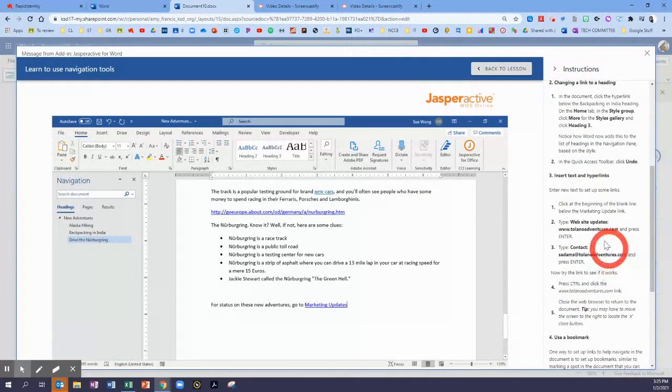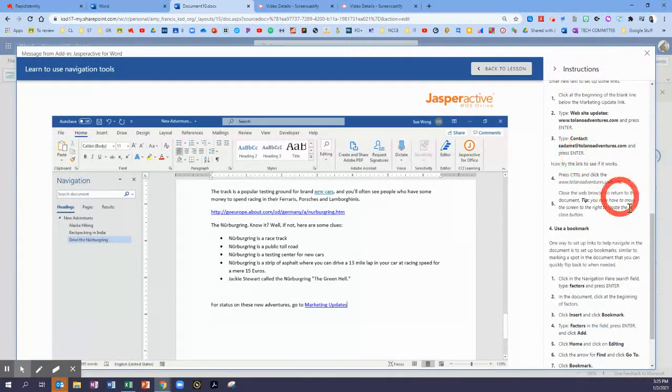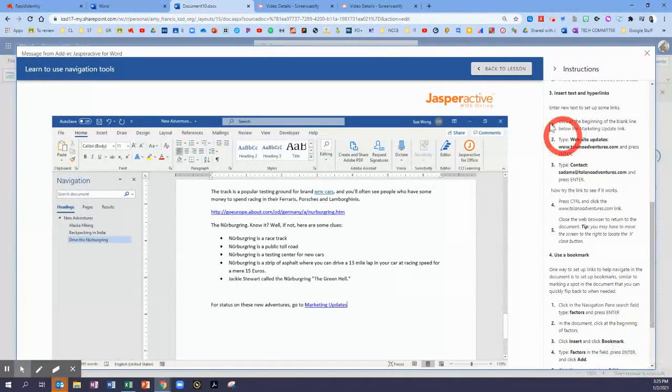Now we're going to insert text and hyperlinks. So we are on step number 3, insert text and hyperlinks. We're going to enter new text and set up some links. So click at the beginning of the blank line below Marketing Update link. So here's the Marketing Updates link. We're going to click the line underneath that, and we're going to type